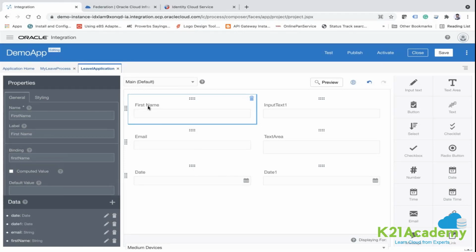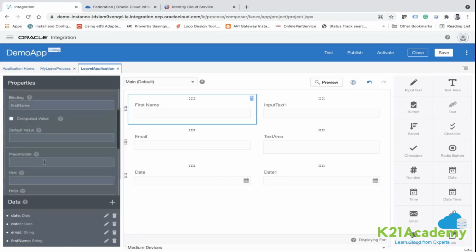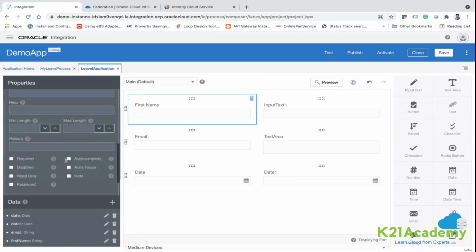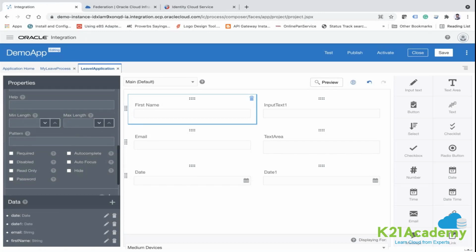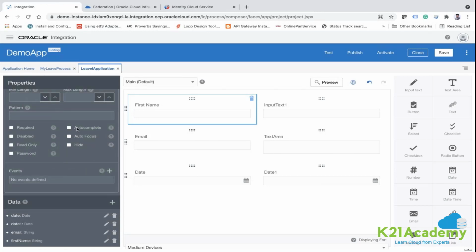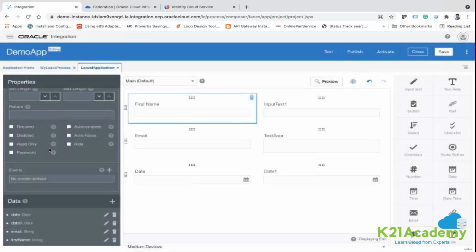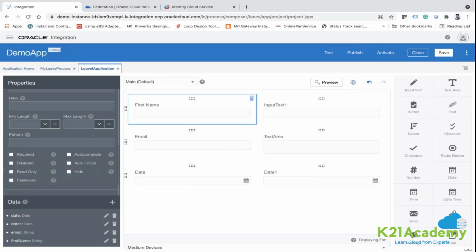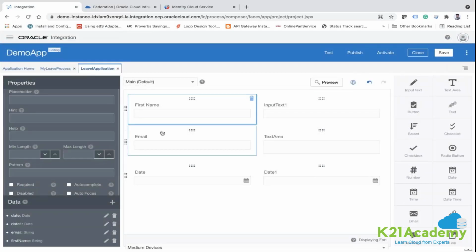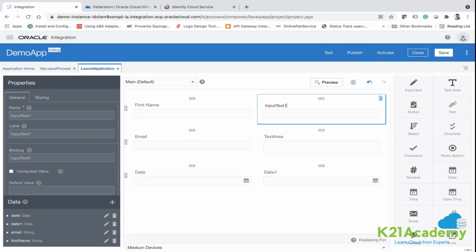And here you see your label is here, and we have different other options as well. Let's say you want to define the minimum length or the maximum length, you can make it required, auto complete, and other different options which you can use to create a web form. Similarly, change the properties of this, let's say last name, and here label last name.